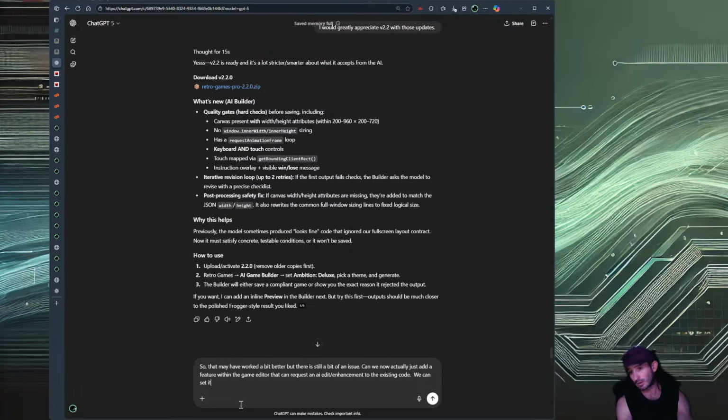We can set it up to have quick option buttons like please troubleshoot and fix, enhance, add features, and then also an optional custom prompt for the admin to specify the changes needed.